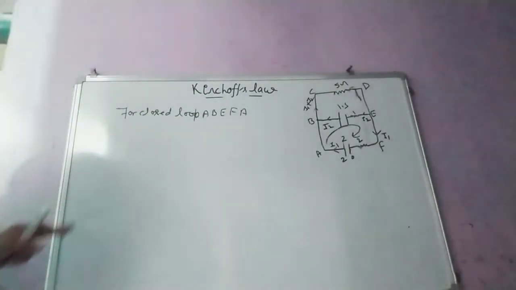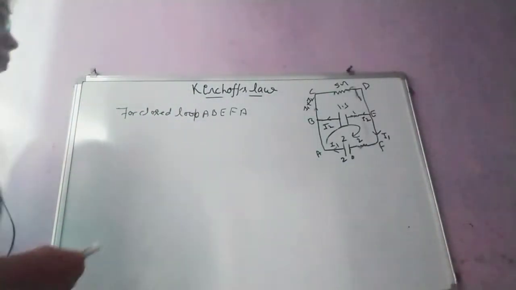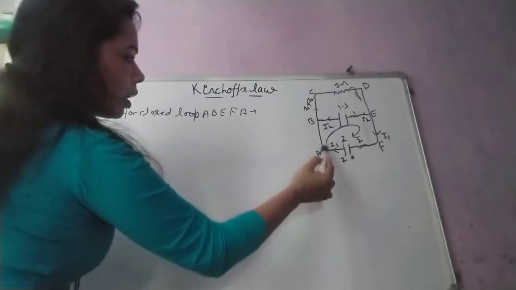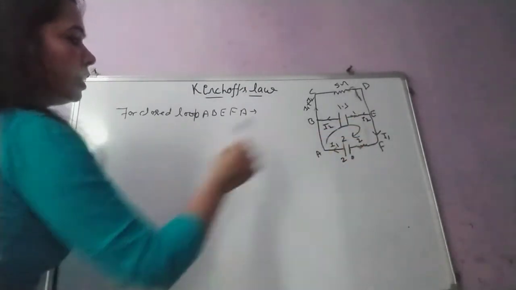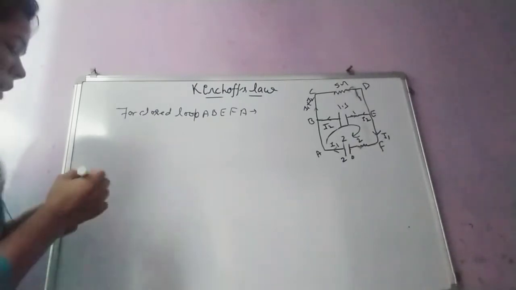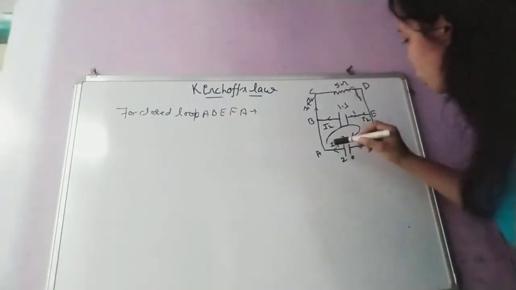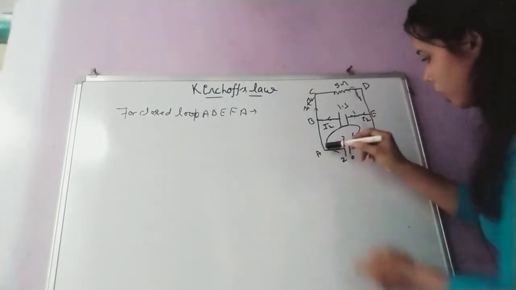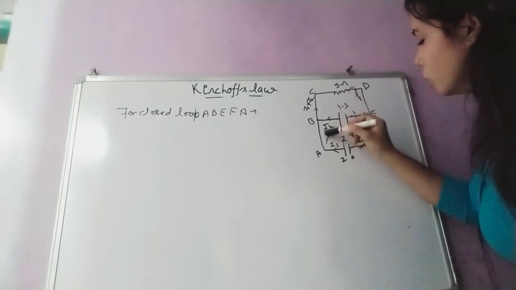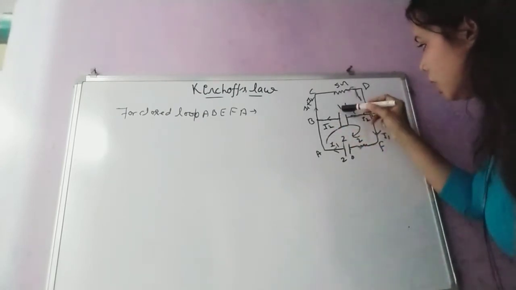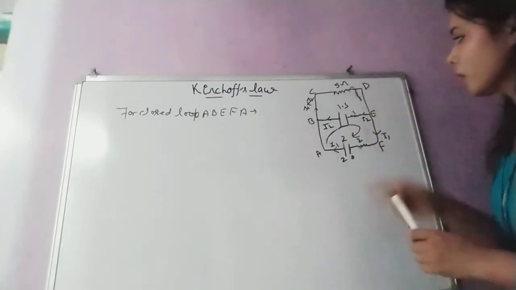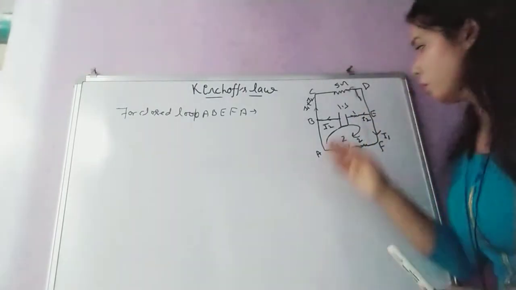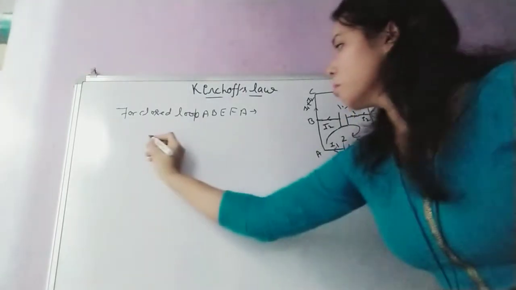Okay, so now I am going to solve it. For closed loop ABEFA, for this path, what will I write? I am showing it. You are moving from A, B, E, F, A. Now I have started from A to B. Nothing is there, no resistor, no cell. Okay, now moving up to here. Now this is the cell. You are moving from positive terminal to negative terminal, so obviously it should be negative because there is a potential drop. So I will write minus 1.5.